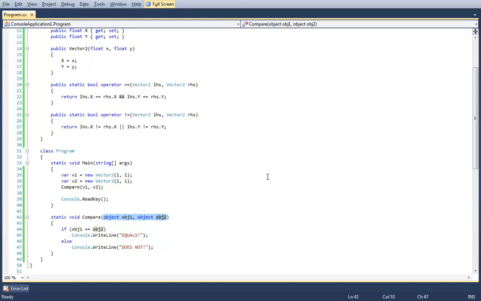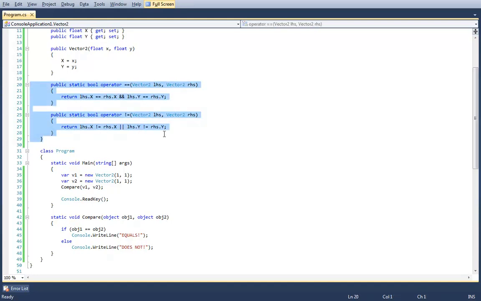There's no runtime check on the equality operator. All operators are resolved at compile time. So the C# compiler says, well, you have an object here and an object here, so I'm going to use the default object comparison, which defers to reference comparison.